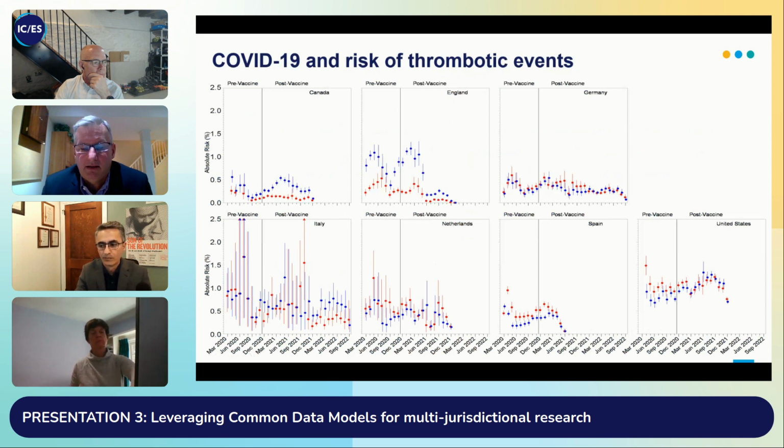In Canada and the US, the underlying data sources for the identification of COVID in the first place differed. So in Canada, we used exclusively lab data to define COVID infections. In the United States, they used a combination of lab data and outpatient diagnosis codes, which we know from our validation work in Canada is less than ideal. Having said that, I think some of the key messages that flow from this are that